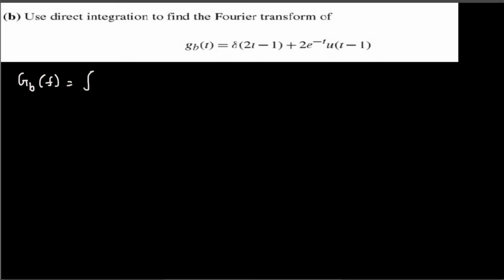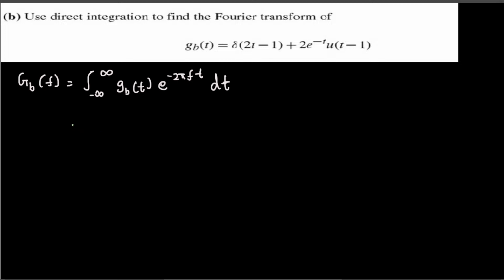This is going to be negative infinity to infinity, and whatever function we have, in this case g(t), we multiply that function with e^(-j2πft), and then we integrate with respect to time. Okay, this is the formula we have to use, and if we substitute g(t) with this equation right here,